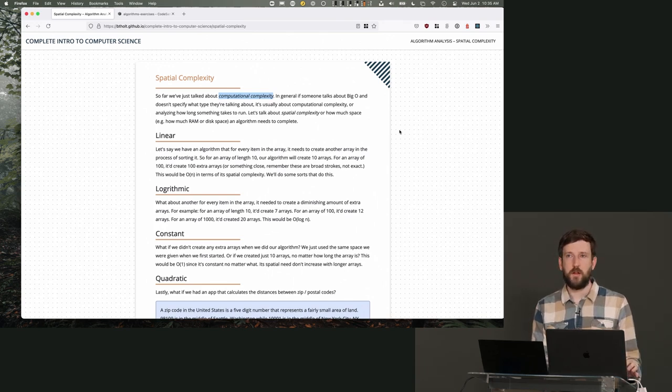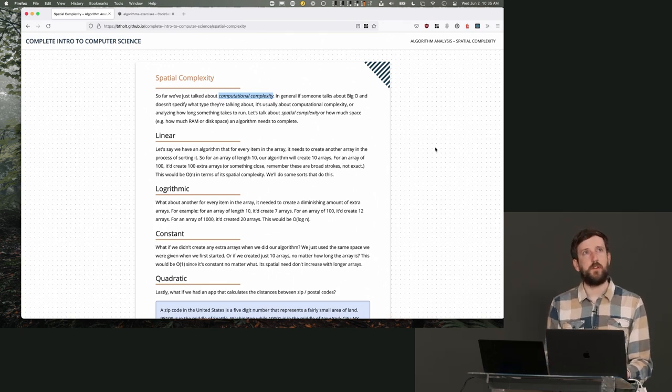Would spatial complexity be the same for network transfers as well, like the size of the transfer you're making? Would that be evaluated as spatial complexity as well? So the question is would you consider network transfer to be the same sort of thing as space complexity? And I don't think so. I think I would consider that in a different vein.